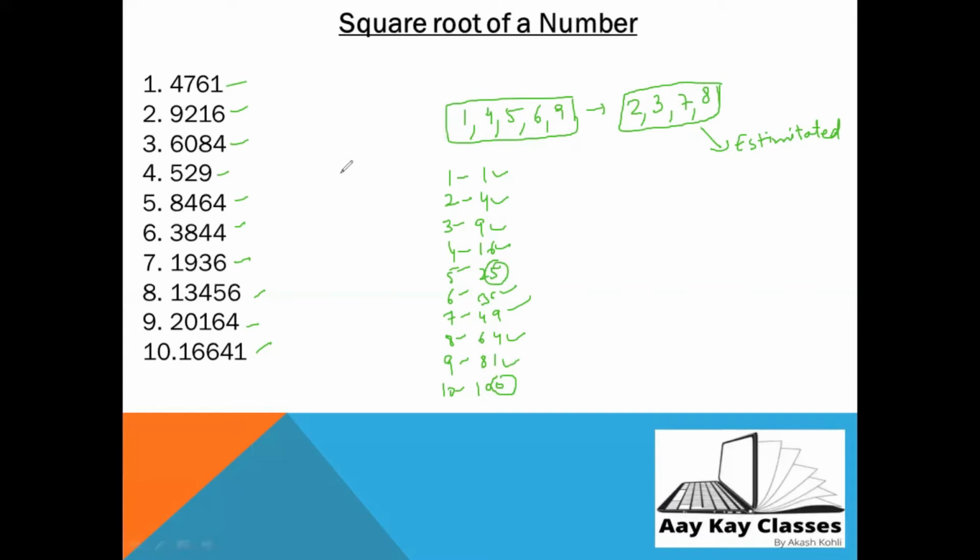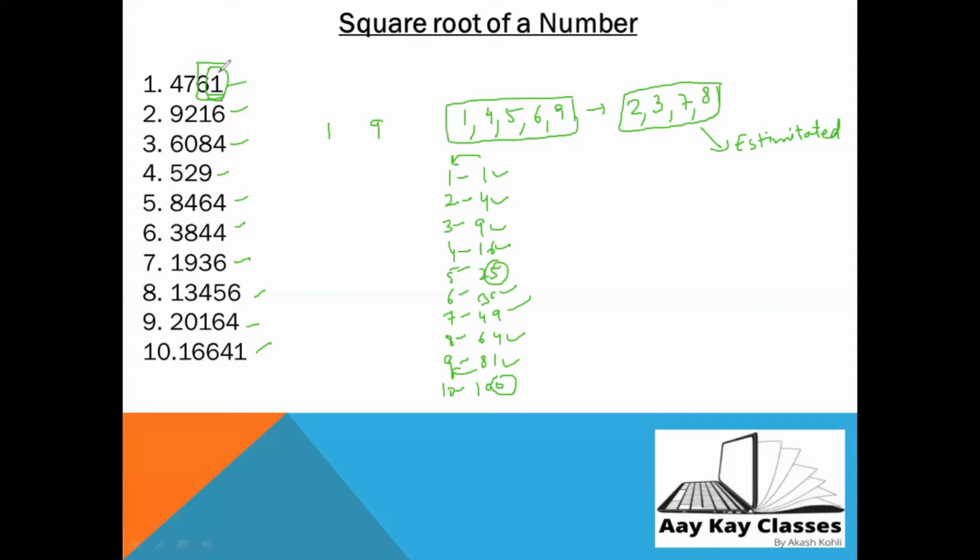So let's start. Just look at the digit at the unit place. This is 1, so 1 is here also, which means I need to write it as 1 or 9. This is my unit digit for the square root. Now, what will be the tens place digit? For that, I need to leave the last 2 digits.